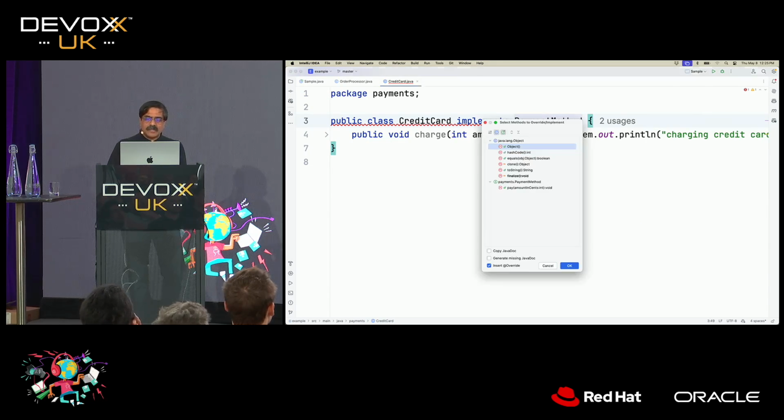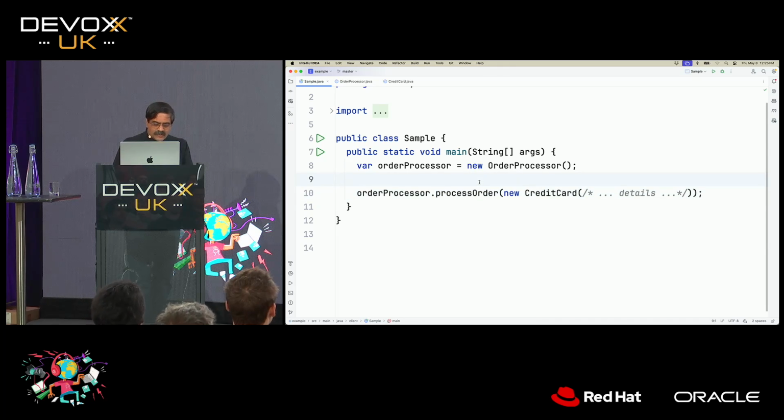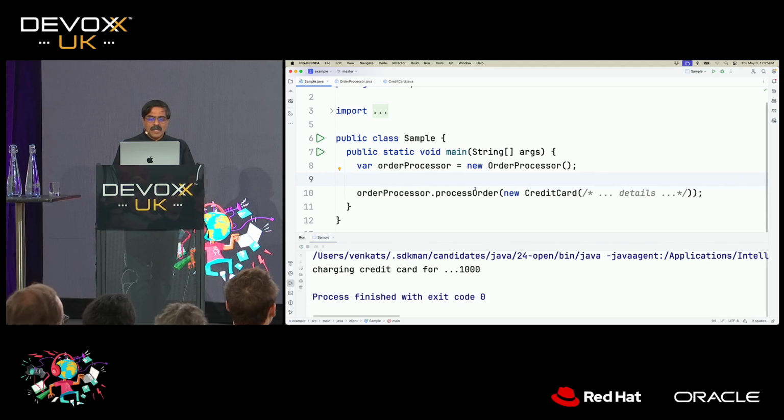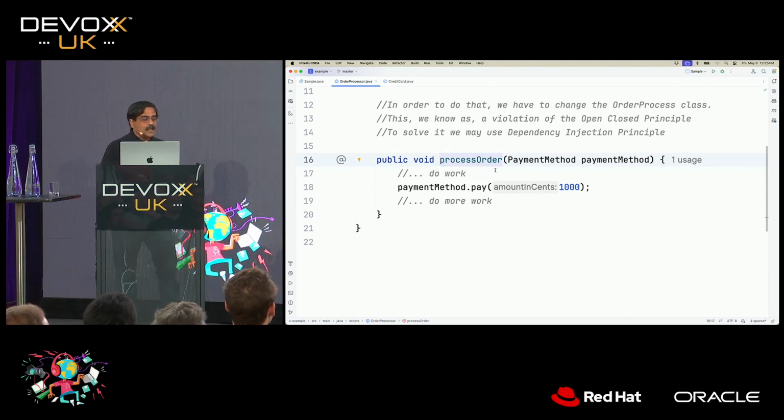And as a result, we would want to have the pay method implemented, which would take the place of the charge. But in this particular case, I'm going to just turn around and call the charge with the amounts in cents right now. Okay, so that's basically an implementation we could see. And we could then go back to this code. Again, this doesn't really have any effect on this particular code. It's going to do exactly what it did before, but the payment order is more extensible than it was a while ago. So what did we achieve with this particular solution?